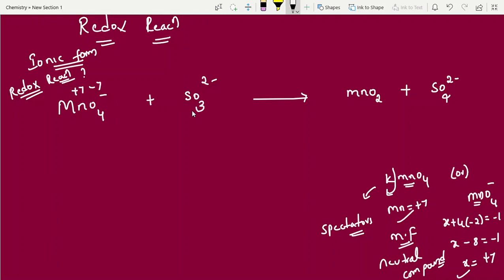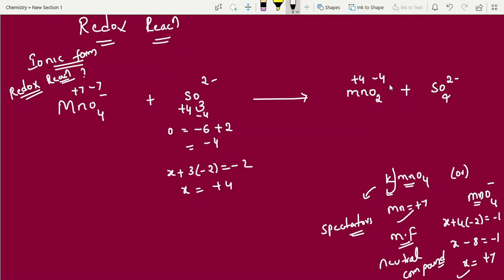Here sulfur. So how to calculate? I am giving a trick. Once again I am recalling that point. 3 2s are -6. I am talking about oxygen. 3 2s are -6, plus 2. Why +2? It has taken electrons from someone; you can give them back. That's it. You can calculate like this. This is -4. Oxygen is -4 means sulfur is definitely +4. I explained 2 different methods. Please follow. If you are confused by this cumulative method, you can follow x plus 3 into -2 equal to -2, then x equals +4. That's it.